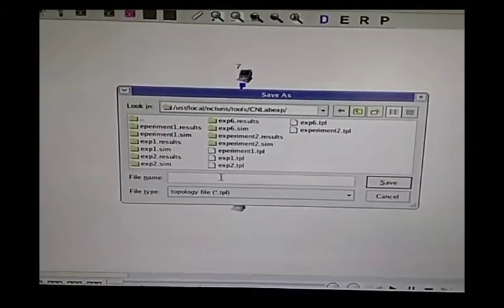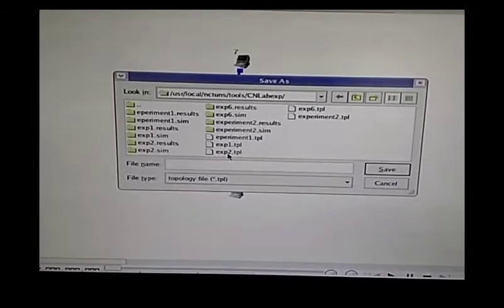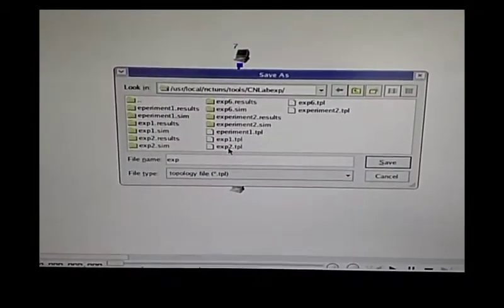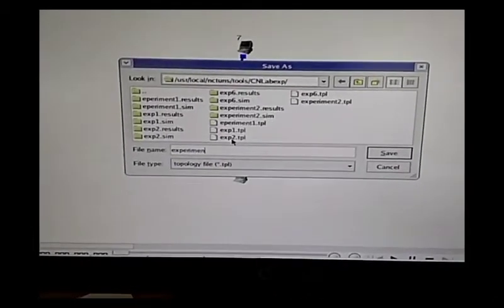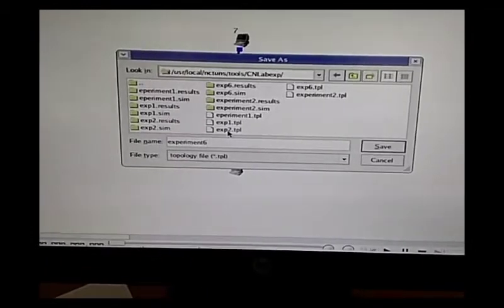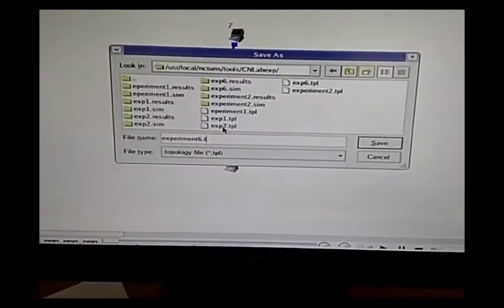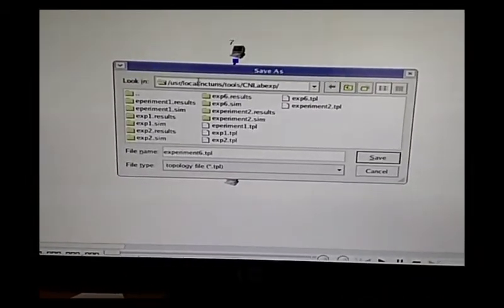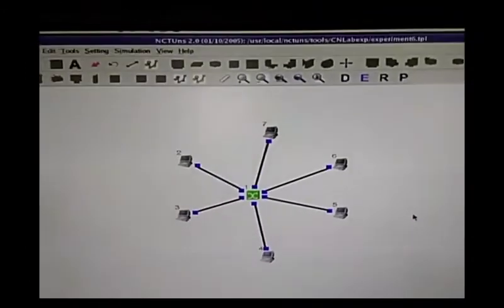Here I am going to give the name experiment 6, with the extension .tpl, experiment6.tpl. Click on the save button. Now you have saved this.